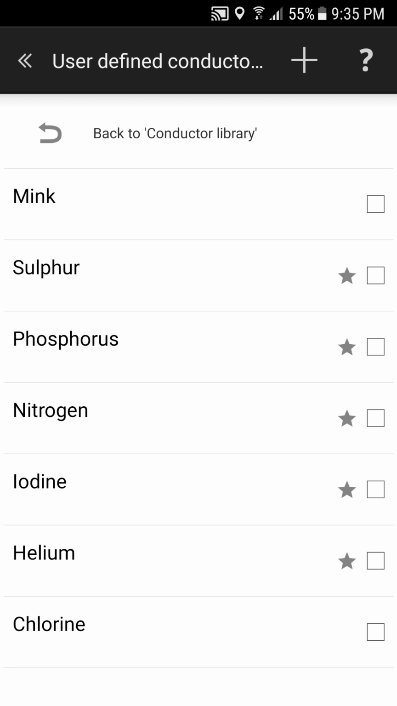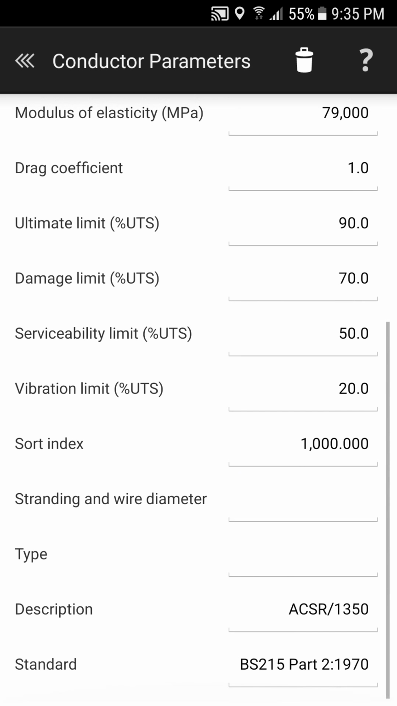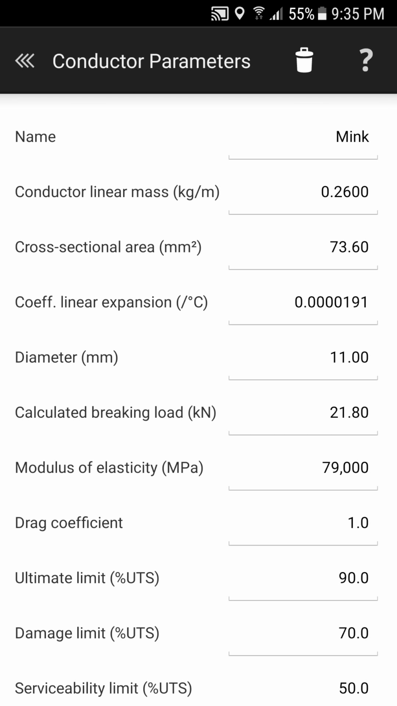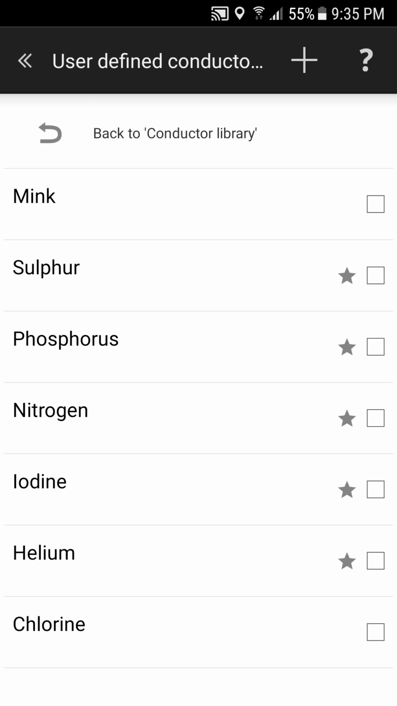The other conductor at the top here is mink. And if we click on that, you can see that's got all the conductor details in it. However, that's one that I've gone and created myself. Now, what we can do with that is put that into the available conductor list, and that's a conductor that I've created previously, and that's now on the available conductor list. It will appear on your drop down menu. So to show you how to create one, if I click on this plus here,